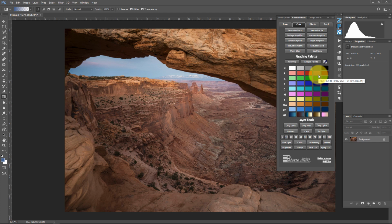And someone sent me a message today on my email, and they said, Blake, I'm going through the tone module, and I don't necessarily think it's important to have all this black and white information in here because I don't process black and white images. And while I understand that completely, I told that individual I don't process a whole lot of black and white